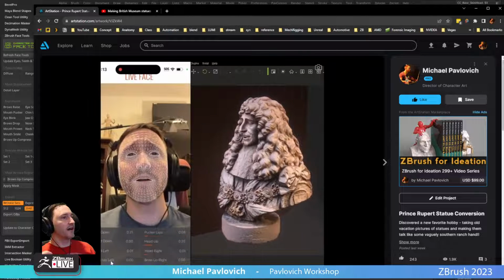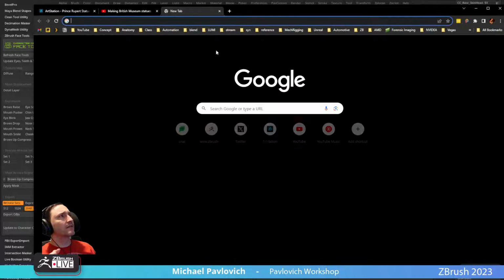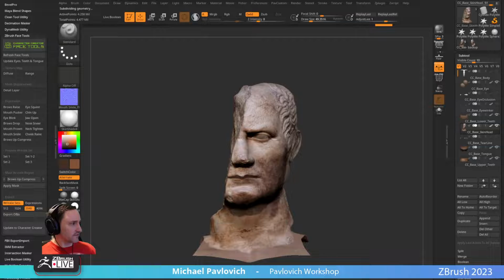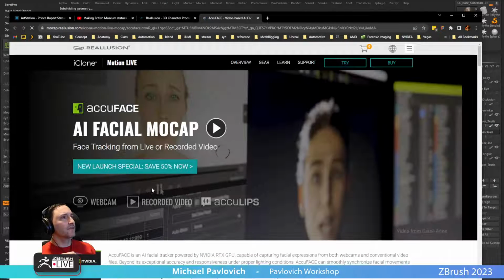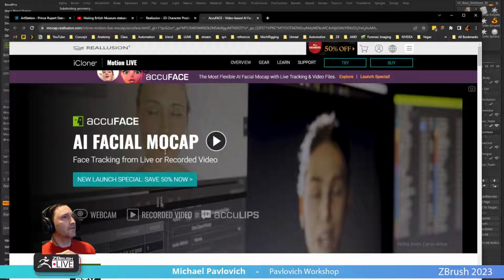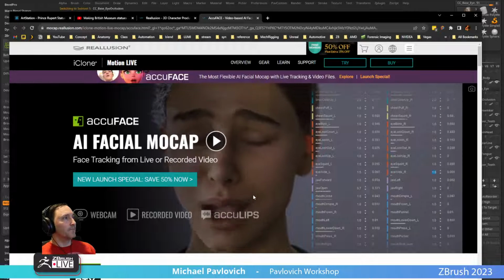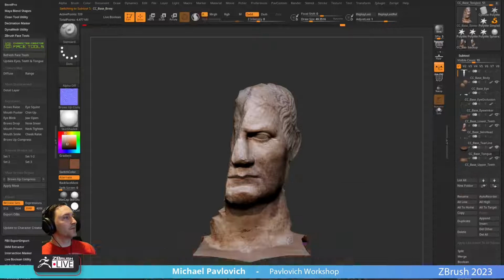And you can take it into iClone and capture your face and make it move around. In fact, they just released, literally yesterday, AccuFace. This has AI facial mocap from live or recorded video that's super high fidelity. I haven't played around with that yet. I'm excited to someday, once I'm a real character artist, get into that. But for now,